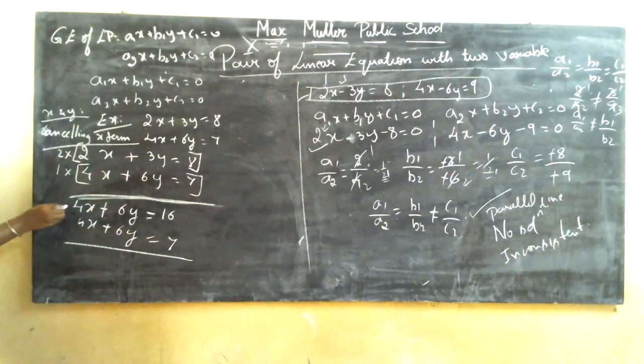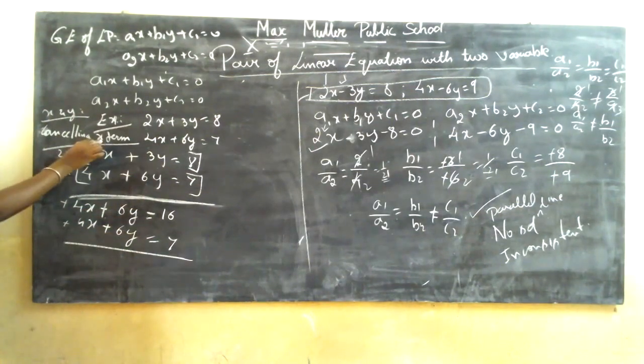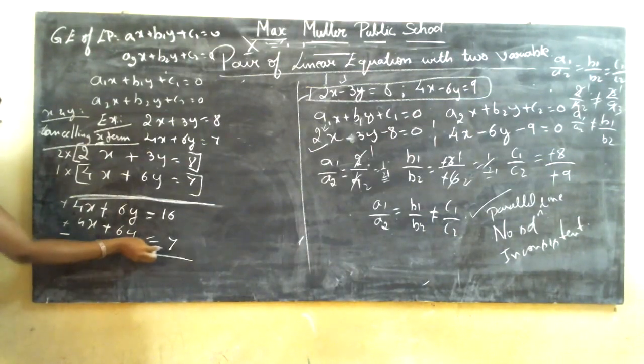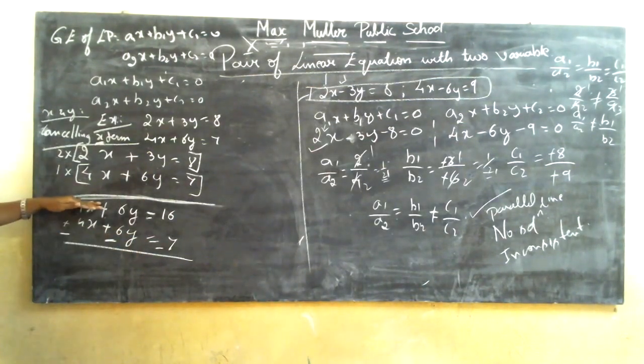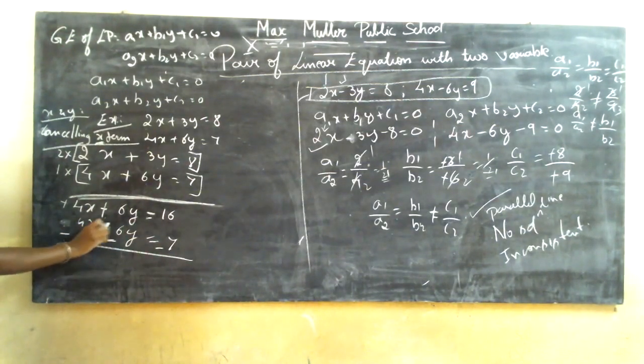Now, since here it is also plus sign, here it is also plus sign, here plus plus, everything is plus, you are going to cancel which term? X term. So you are going to change the sign for the whole equation. Whatever equation you have below, you are going to change the sign for the below equation, not the above equation. Now, in place of plus, you have got minus. So this plus is omitted. You have only minus signs. Not erase it. Let me keep it as it is. So you have plus 4 and minus 4. Plus 4 minus 4 is what? It is 0. So it has been cancelled.